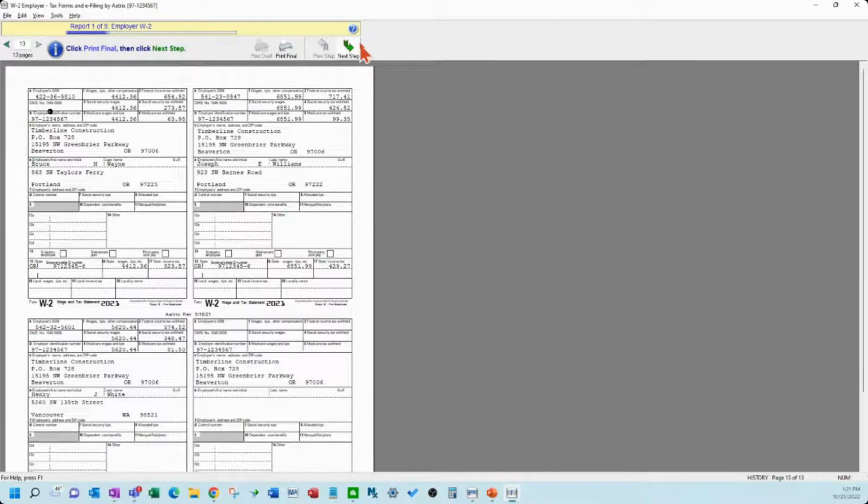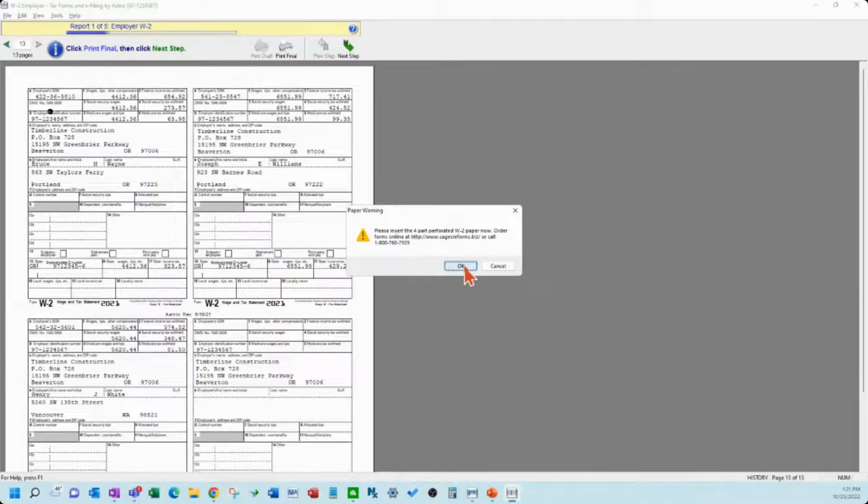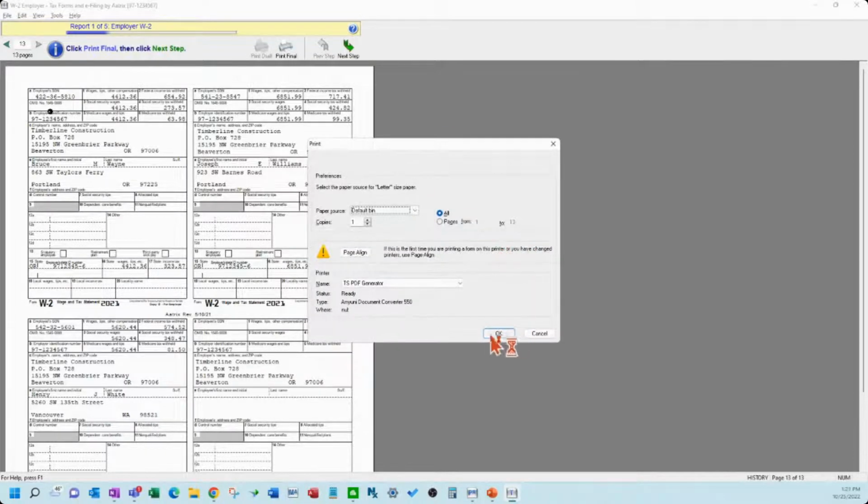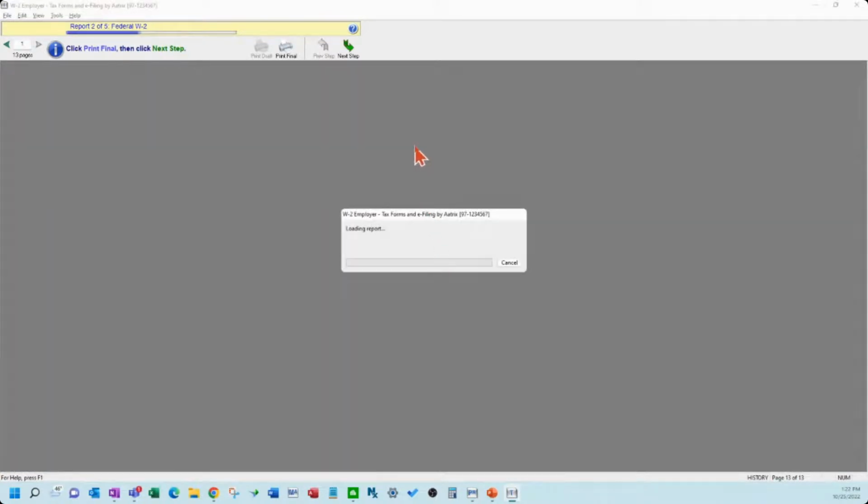Okay. So if you're happy with all that, you can print the employer copy to PDF. So here's where you would do that, like I was discussing. But if you're good with all that, you've printed the final, you hit the next step here. You don't necessarily need to do that because we're e-filing these, but again, just generating a bit.